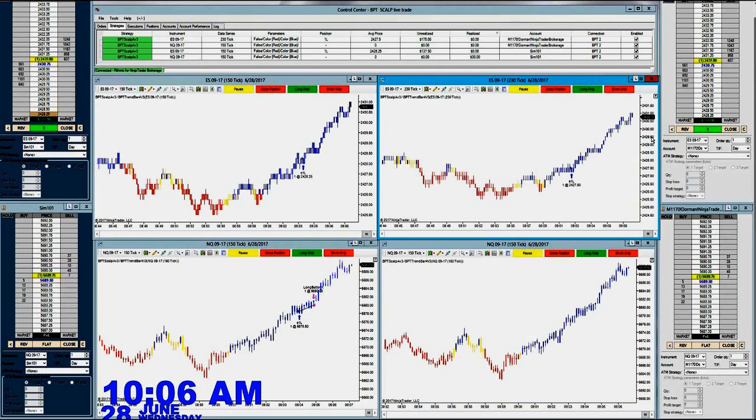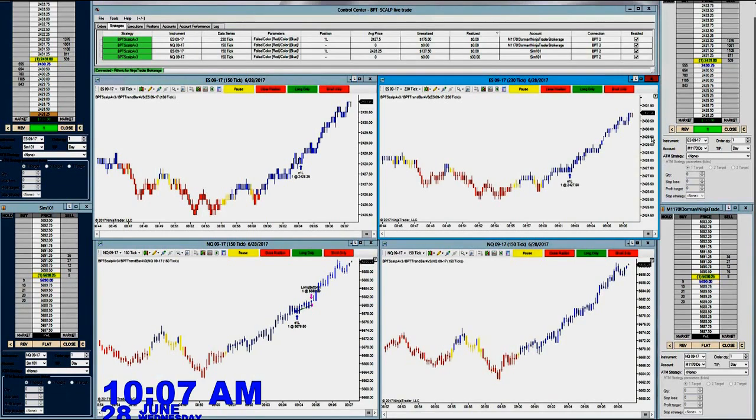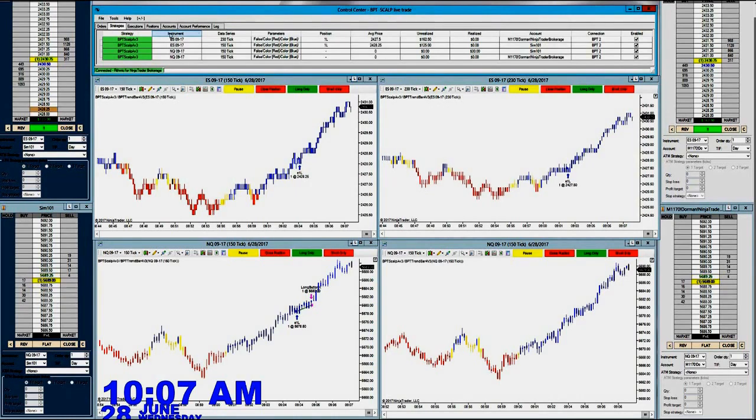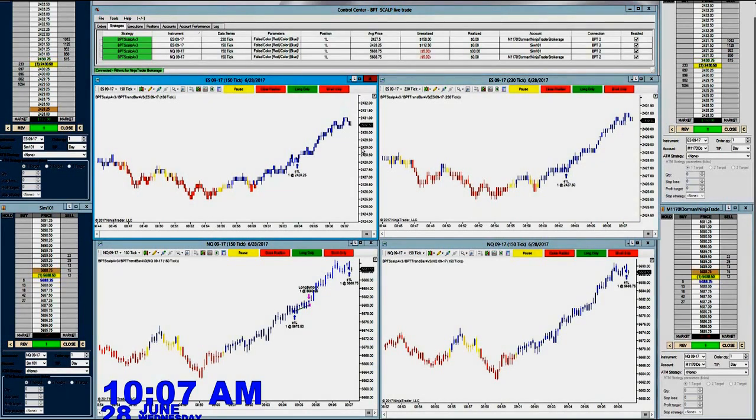And let's look at the update. The update is totally free. We had last year over 22 updates, the year before on other systems over 35 updates, and on our updates no one paid. And if you notice here on the NASDAQ, we took that trade, and it was my fault, because